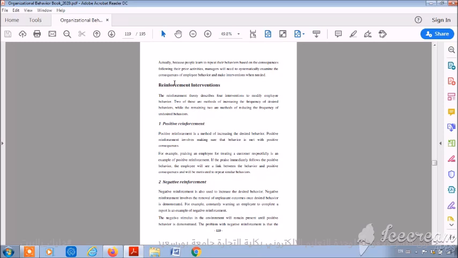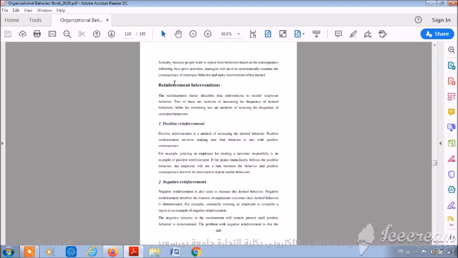The second intervention is negative reinforcement. The negative reinforcement is also used to increase the desired behavior. So how can we use this intervention to increase the desired behavior? Negative reinforcement involves the removal of unpleasant outcomes once the desired behavior is demonstrated. So negative reinforcement means the removal of unpleasant outcomes once the desired behavior is demonstrated. For example,